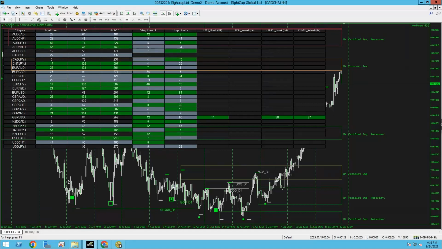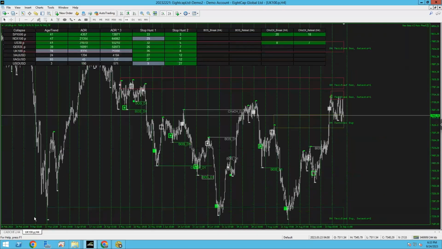Now we go here. So we've got the dashboard up. What you want to do first, with what I'm going to teach you today, is make sure you've got all of your majors and your minors on one dashboard. This is for Neo Strategy 2. You want to have another dashboard as well, so you have two of them. As you can see, I've got two on two different tabs. Then you want to have all of your metals, indexes, oil, cryptos, whatever you want, on this other dashboard. So you have all your other pairs on one, and your majors and minors on the other.